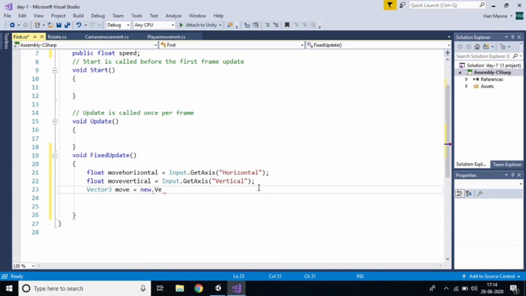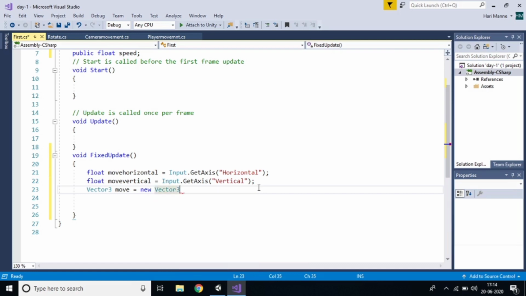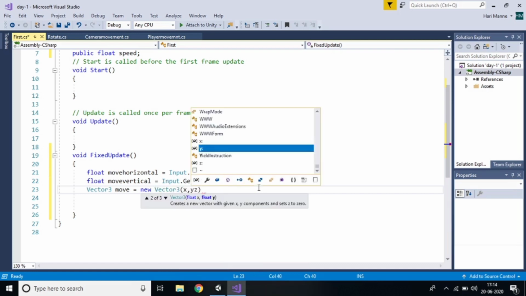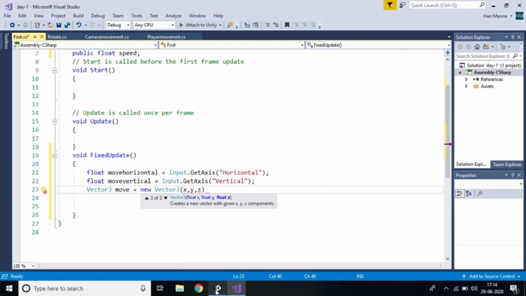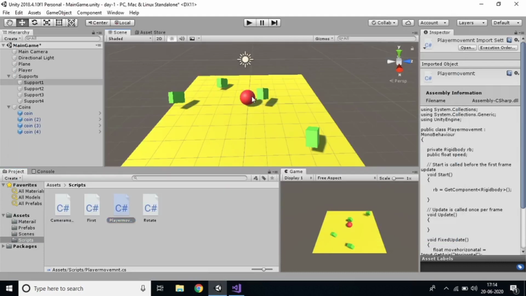So Vector3, which has x, y, z axes. In the x value, I have to give the movement of the player, which is horizontal.